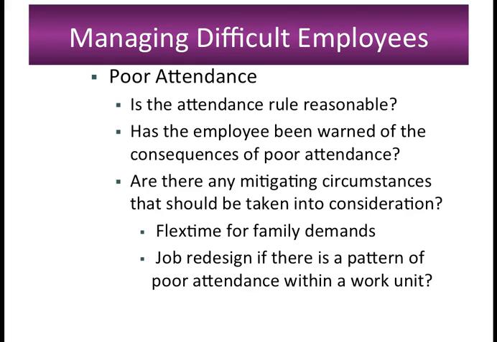The next few slides are some really good slides addressing the different kinds of performance problems or disciplinary problems we may be having. One might be poor attendance, and what are the questions we should be asking, and what do we need to think about in terms of mitigating circumstances. It's always important that we spend some time at least trying to understand the reasons why people are engaging in certain types of behavior, and attendance would be one of them. There is no mitigating circumstance for why someone would sexually harass somebody else, but certainly there can be a mitigating circumstance for why there's poor attendance, or showing up late, or things like that.